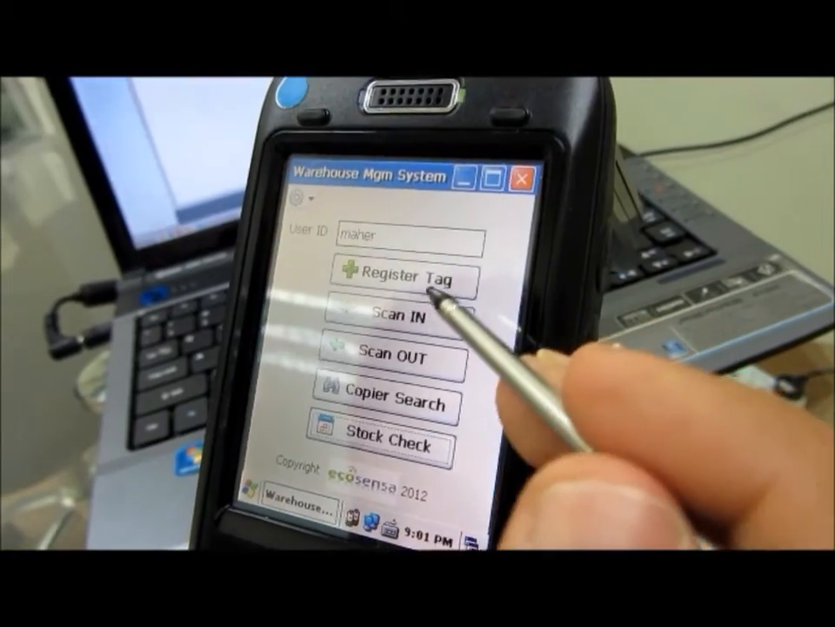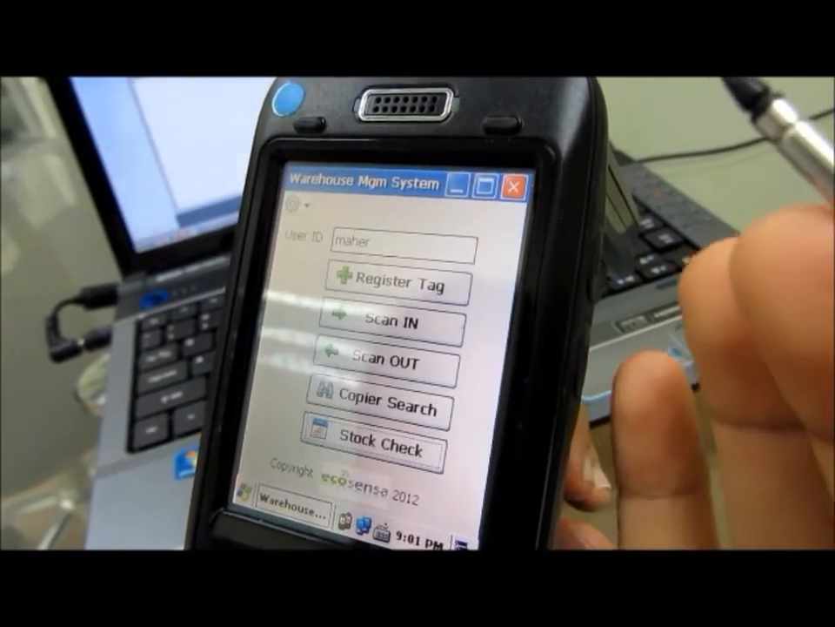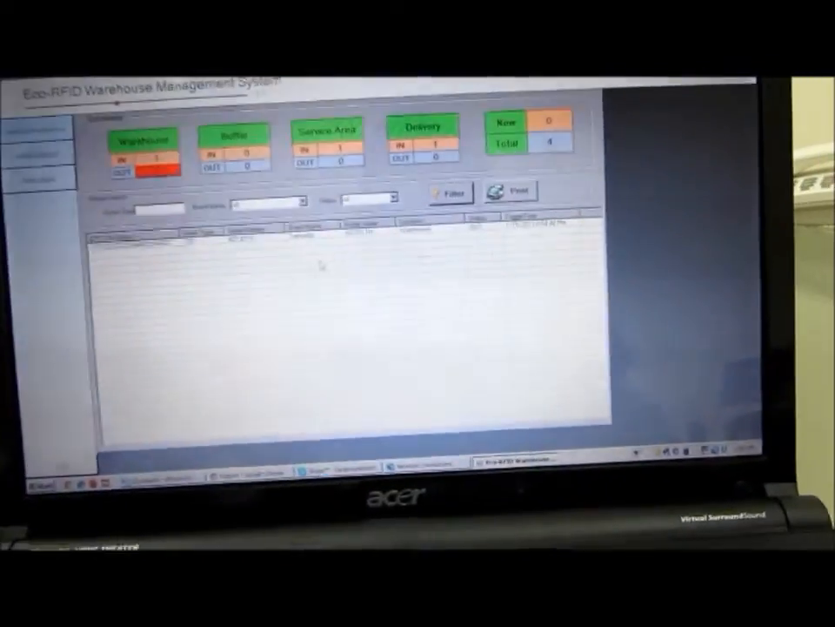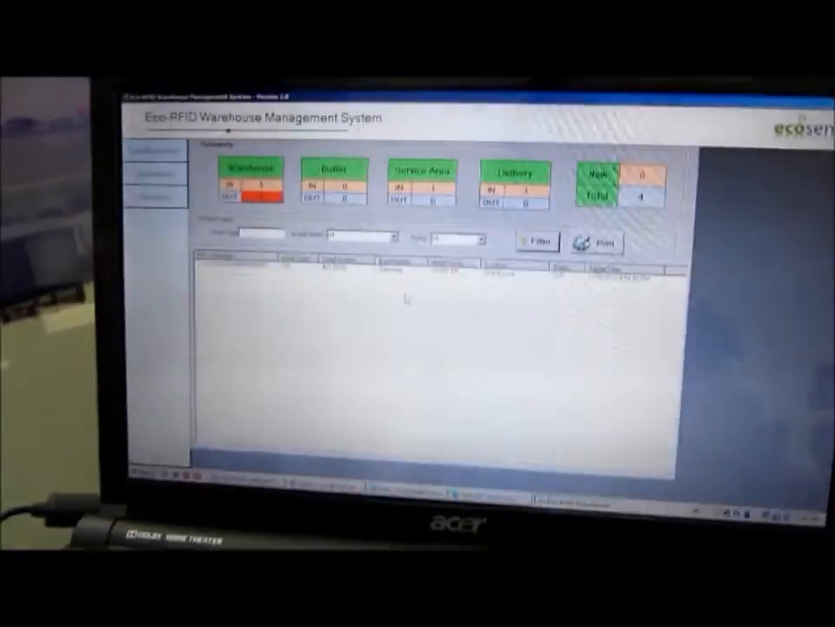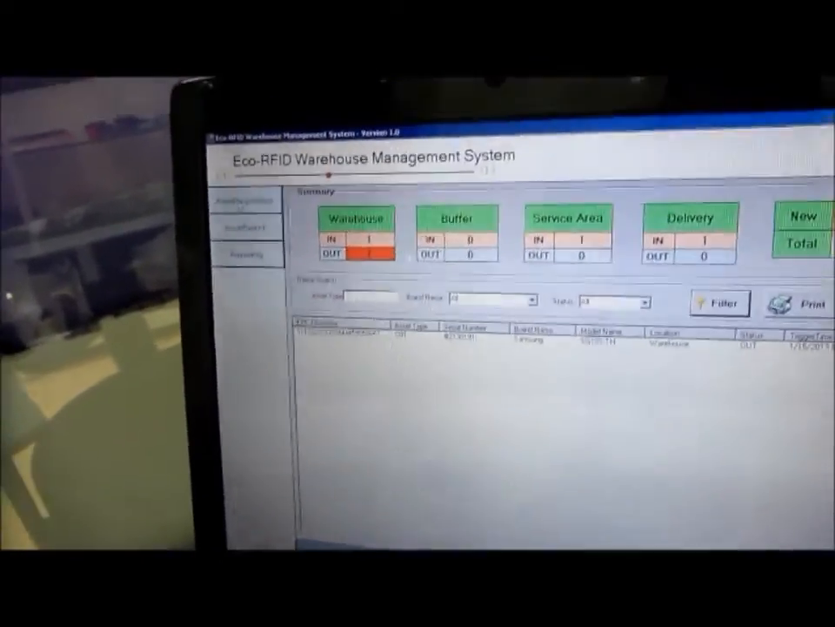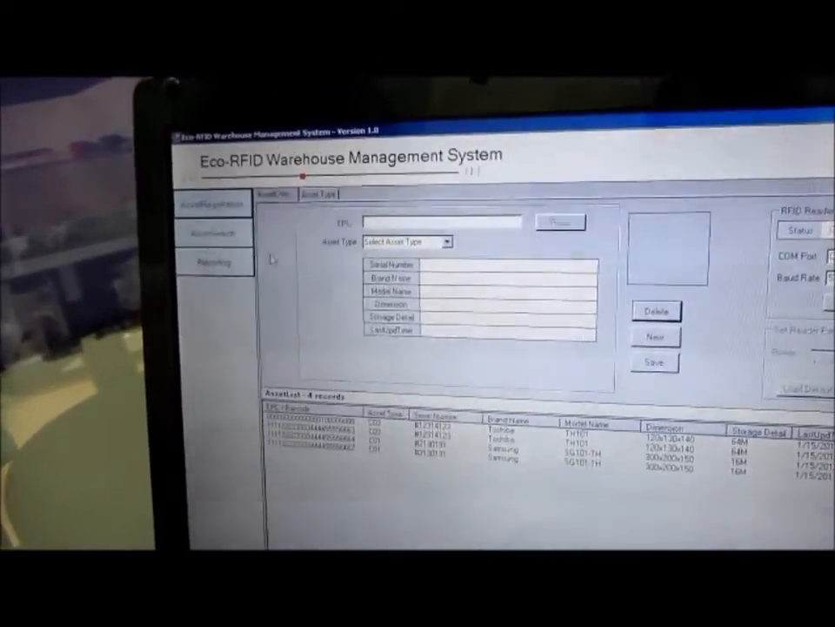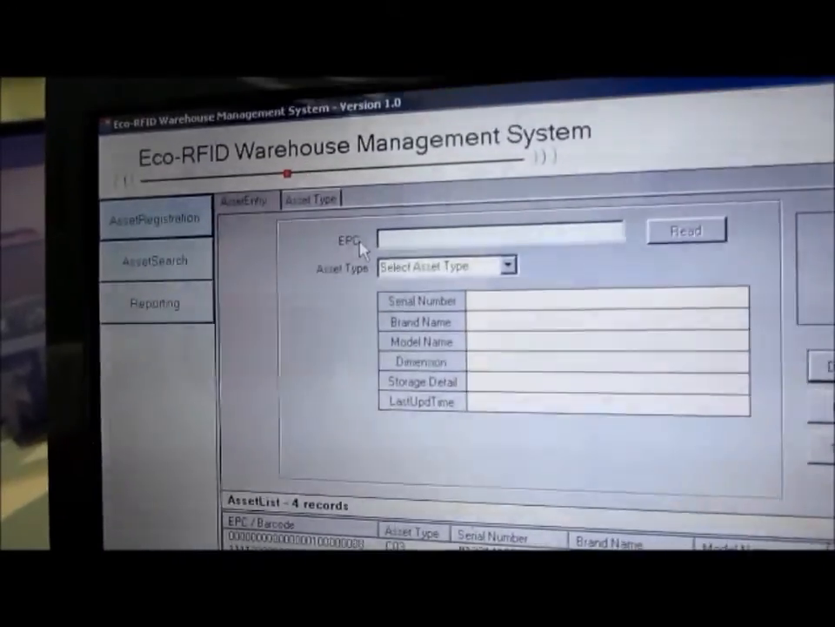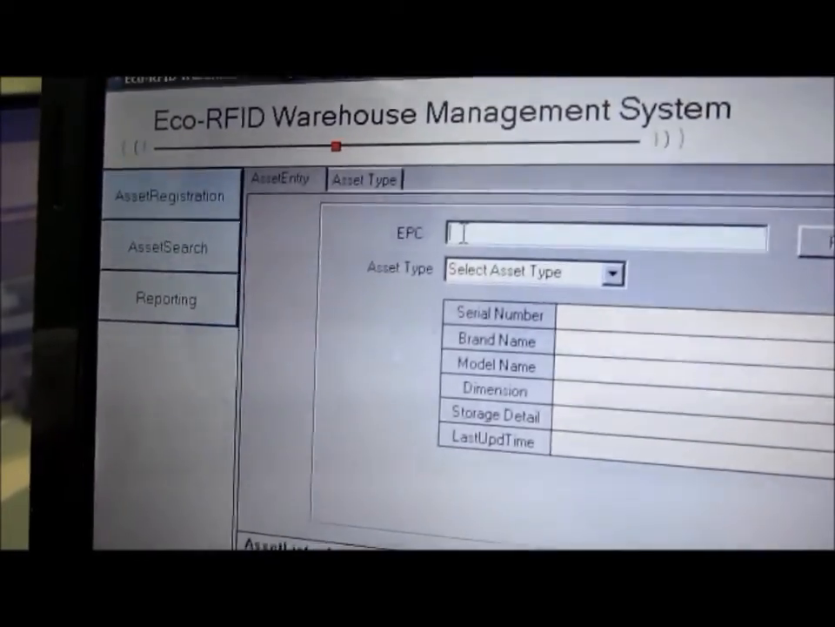Now the next step, we are going to move to the software on the laptop, so we can see how we can manually add an RFID tag. As we go to here, you can see from here we can add a tag. We just can